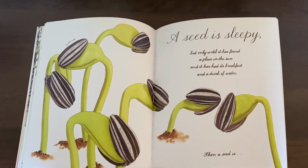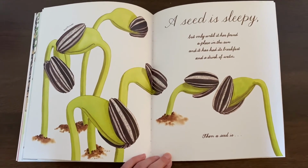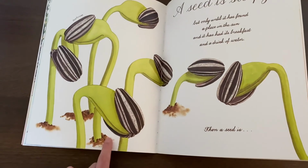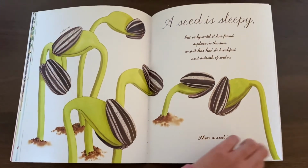A seed is sleepy, but only until it has found a place in the sun and has had its breakfast and a drink of water. This is the sunflower plant, the sunflower seed sprouting. Then a seed is